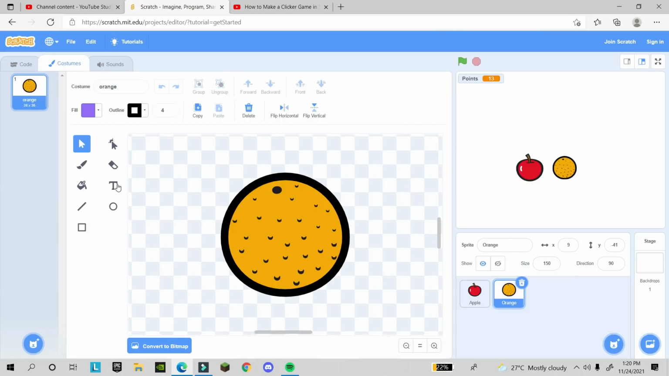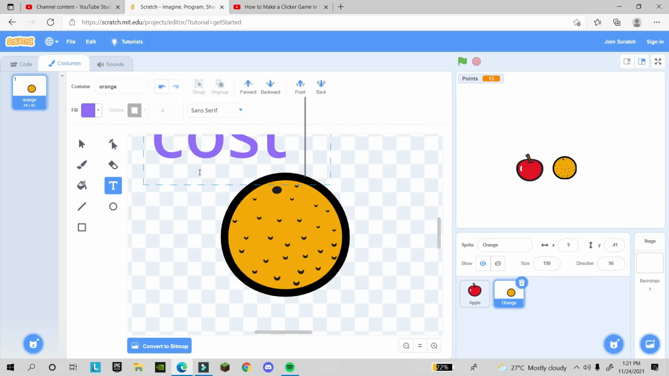So here I click on the text and I write here how many points, after how many points this apple the player can buy. So I will say the cost will be 10 points,